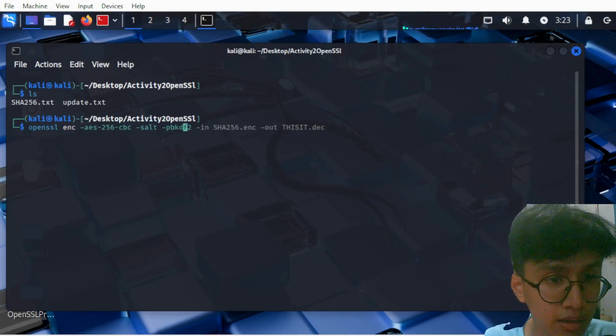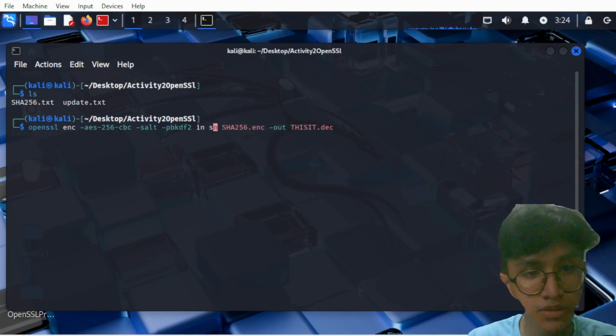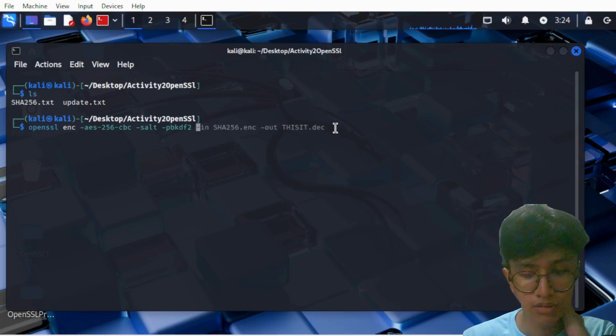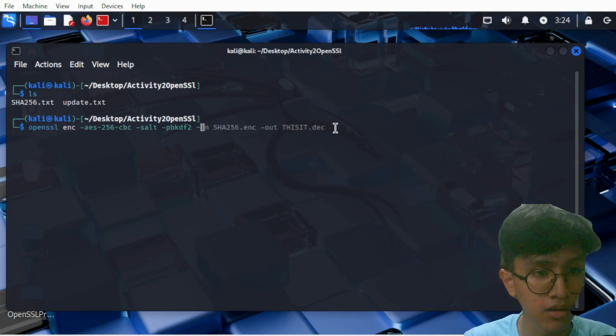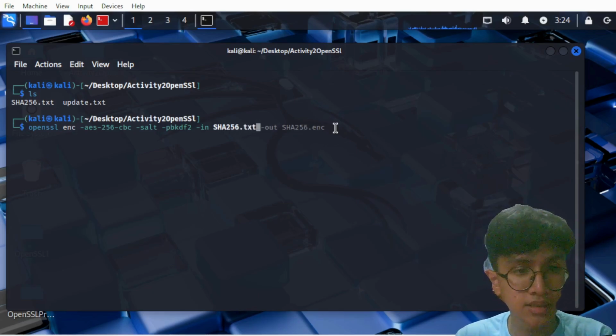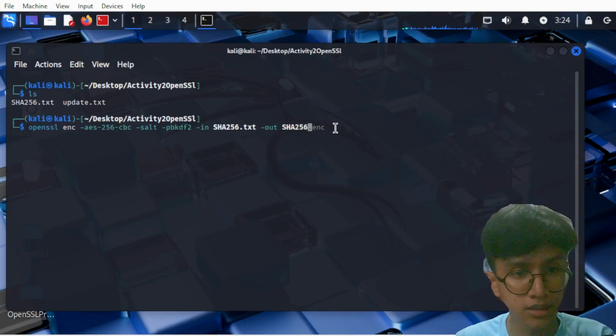So we're gonna encrypt the SHA-256.txt file, and we're gonna output it as SHA-256 encrypted.